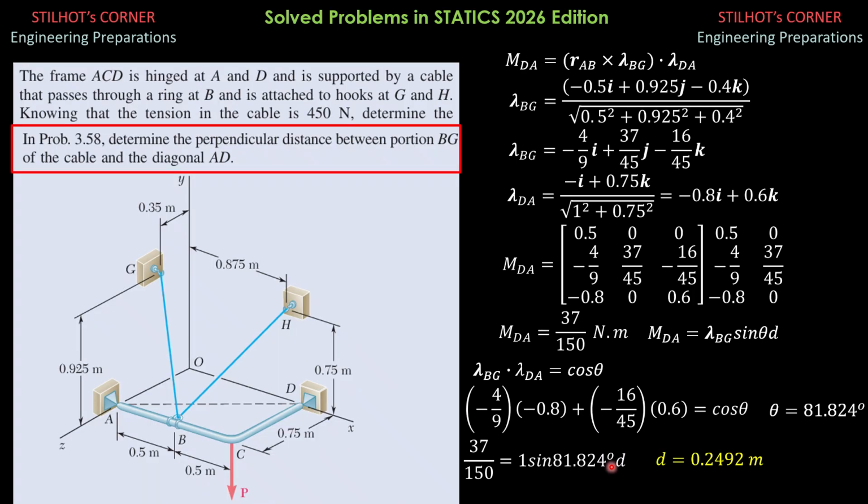So this is the simpler way instead of using the magnitude of the force, unless it is the moment of the force about that inclined axis. If not given, or we simply want to find the perpendicular distance between two lines, we just imagine that the magnitude of that force is 1 Newton to simplify the solution. So that's it for this video.